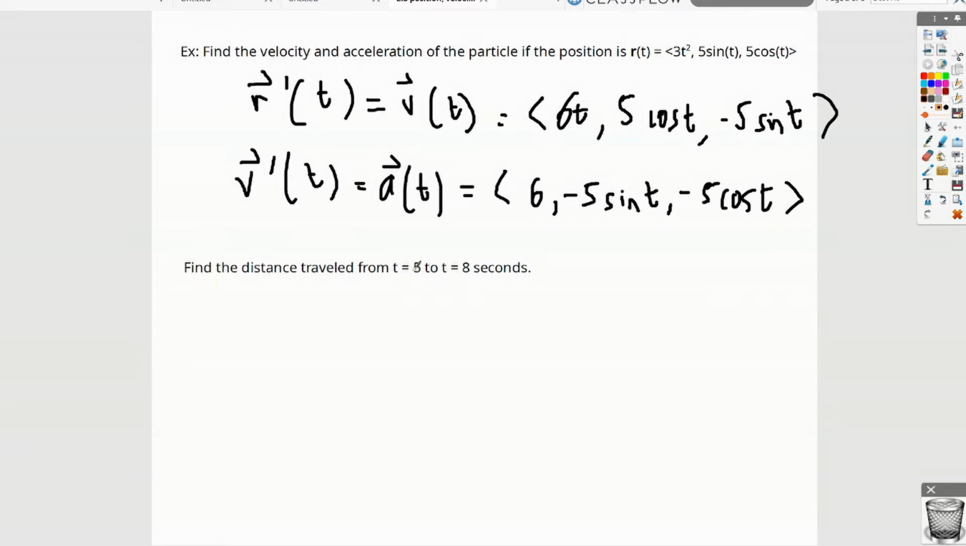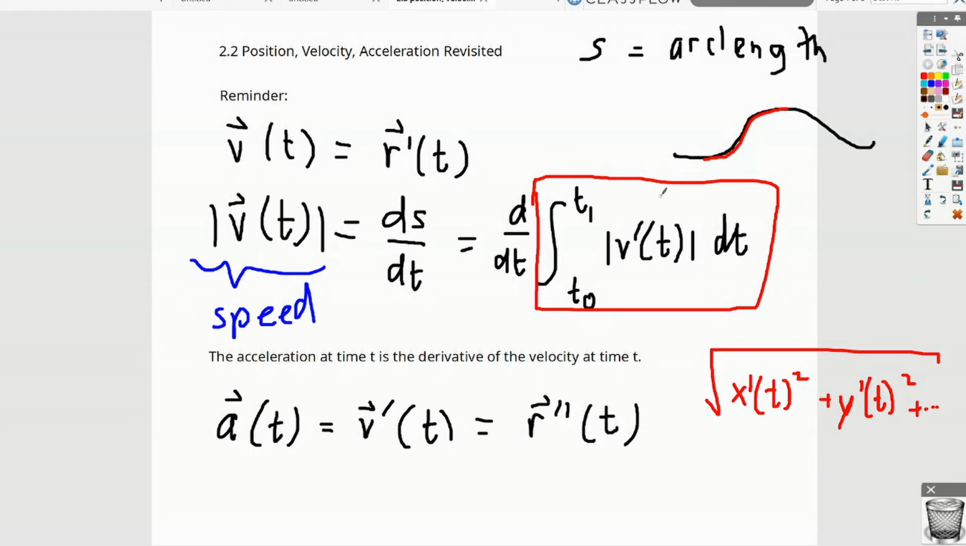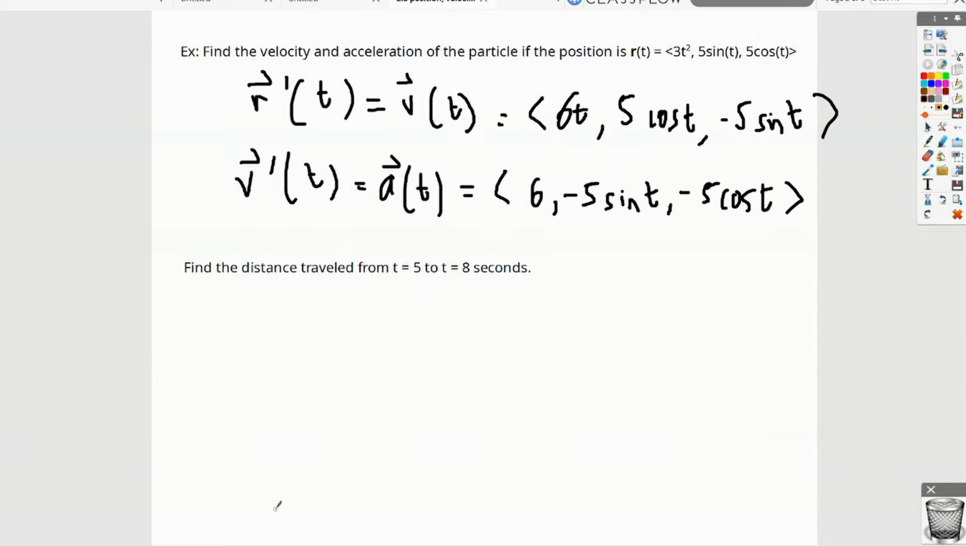Anyways, find the distance traveled. So distance traveled is a little bit harder. Distance traveled is the arc length, which is what I mentioned before. It's this function basically from t0 to t1 of all of your components, the x component, the y component, the z component. I will explain why that works in the next section, but for now, this is the formula that you use. So we already have all of those derivatives, the 6t, 5 cosine t, and -5 sine t. So what we will do is take the integral from t equals 5 to t equals 8 of